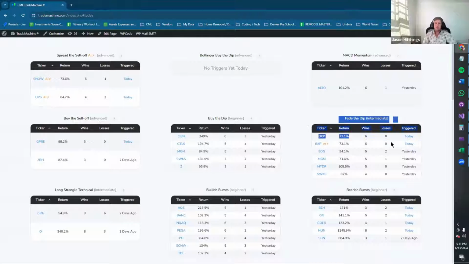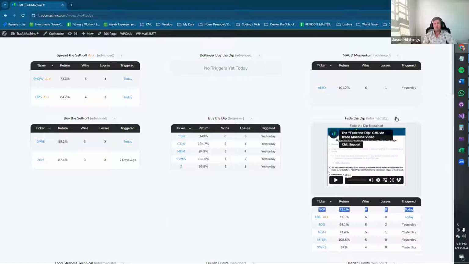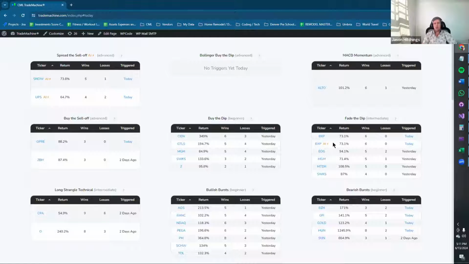So I'm going to take this example, and you'll notice that this one has a little AI with a lightning bolt next to it. That AI means that in addition to the standard fade the dip strategy, which you can read about, in this video or just watch the video about, we also applied an algorithm that we developed with AI that uses something called skew and kurtosis. And what that means is that when the stock moves, it tends to move more to the up than to the down.